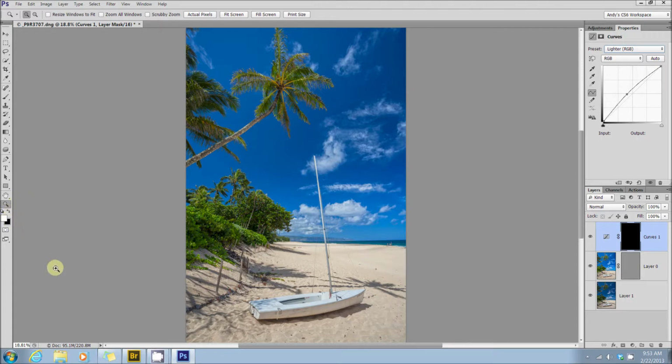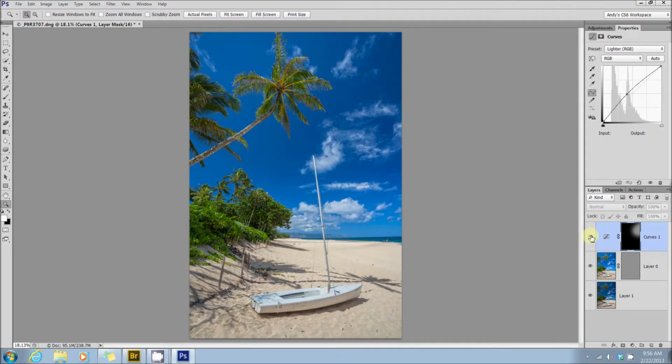Switch my foreground color to white. Grab my brush tool. Just start lightening this up a little bit. That's probably all I need to do right there. Okay, so there we have it. I like the adjustment. We've lightened that area just a little bit, and I'm more or less happy with the